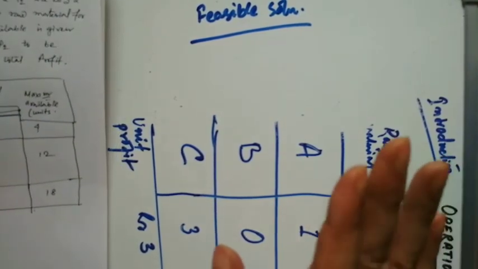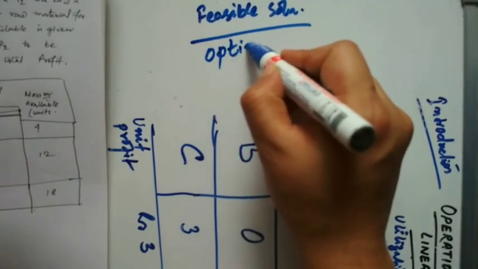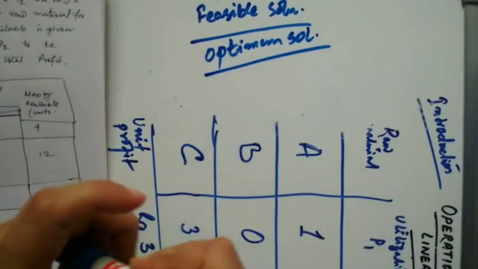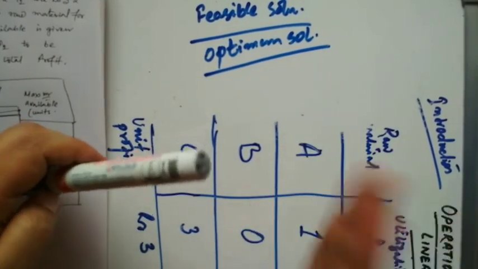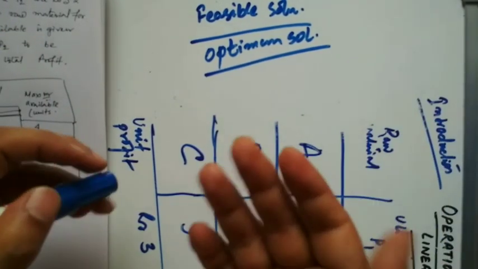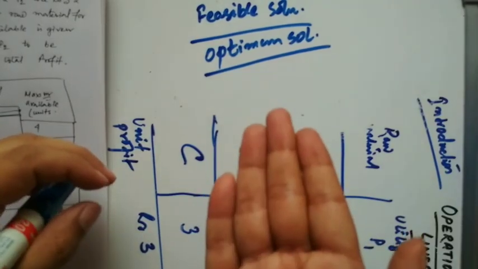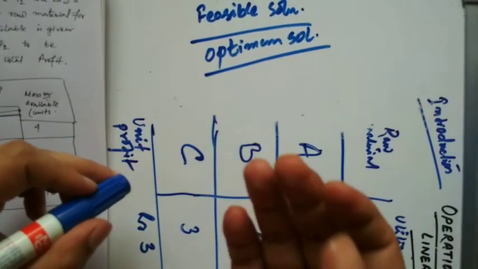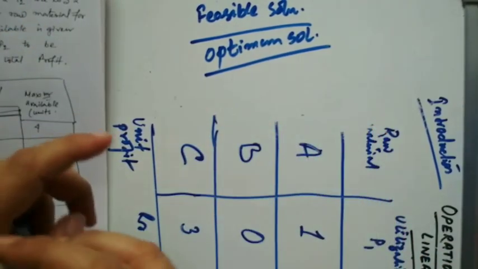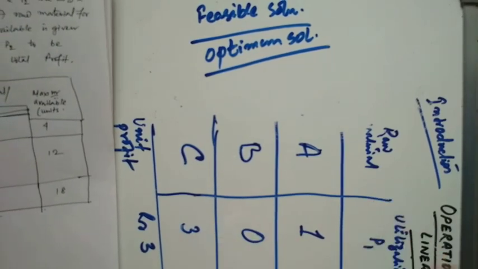Okay, and now the next one is the optimum solution. Optimum solution is nothing but the result of optimization. After doing the optimization, the solution we obtain is known as the optimum solution. Optimum is either maximum or minimum: in case of profit it will be maximum, or in case of cost it is a minimum. The object of obtaining the feasible optimum solution may be maximization of a profit or minimization of a cost. So optimum solution is the best of all feasible solutions.